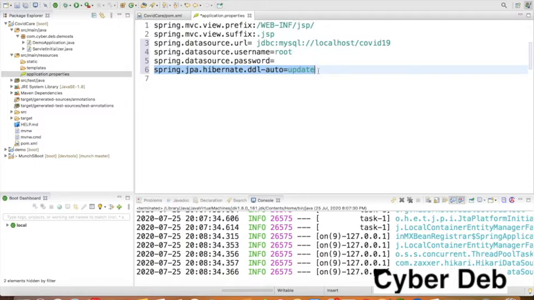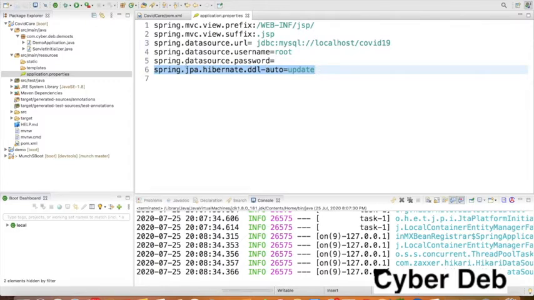That is basically for creating the table, and if you want to drop or alter the table, those DDL statements can be automatically generated with the help of JPQL. So JPQL will be generated from this property. That's all you have to do inside the application.properties.